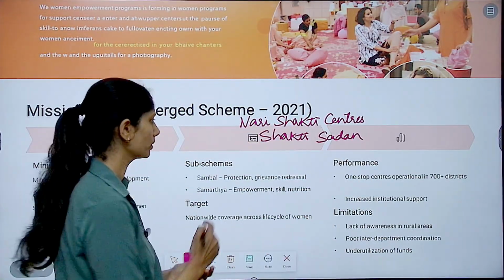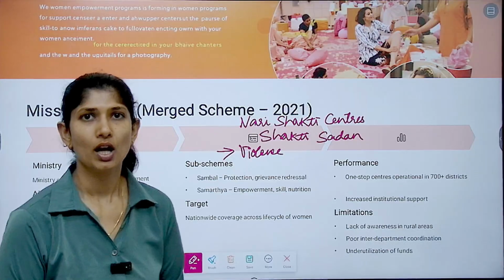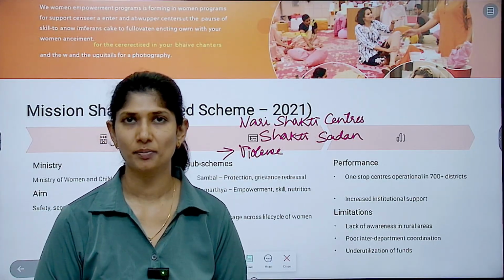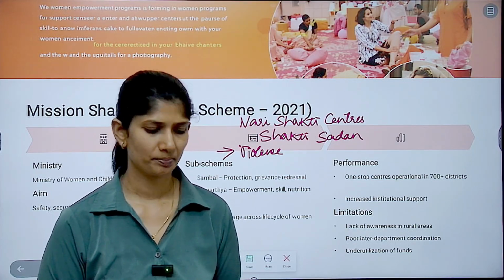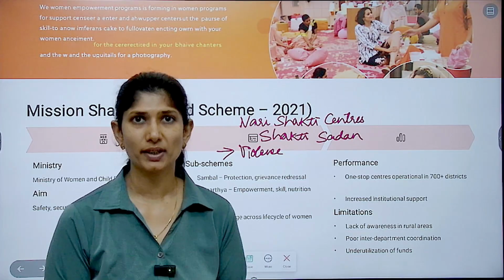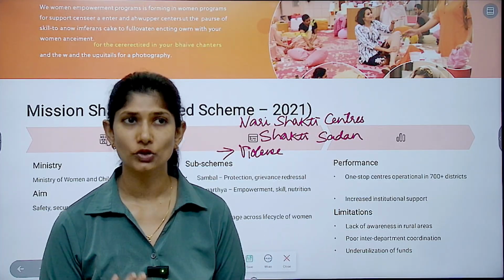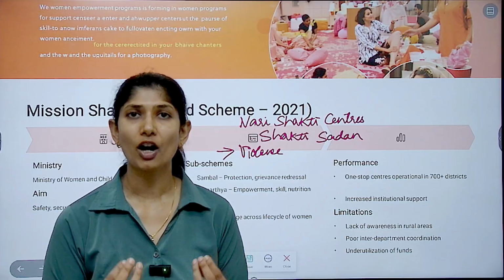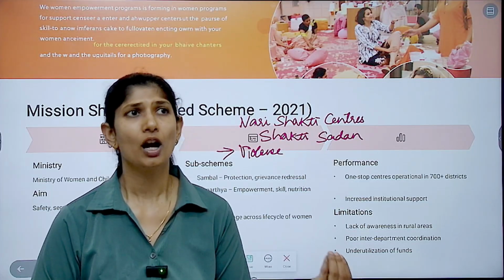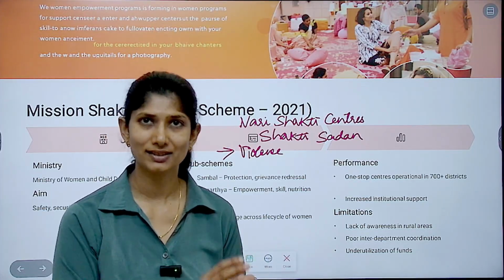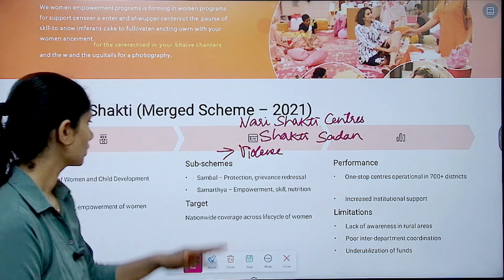You try to bring about support for violence-affected and domestic abuse victims, and creche facilities for working mothers. For adolescent girls, you try to address the issue of anemia. With respect to children, you try to deal with child stunting, child wasting, and raise nutritional standards. You bring in awareness on this. Your ASHA groups are assisted with apps and given more connectivity to all these other schemes, so that they can give awareness to other sections.